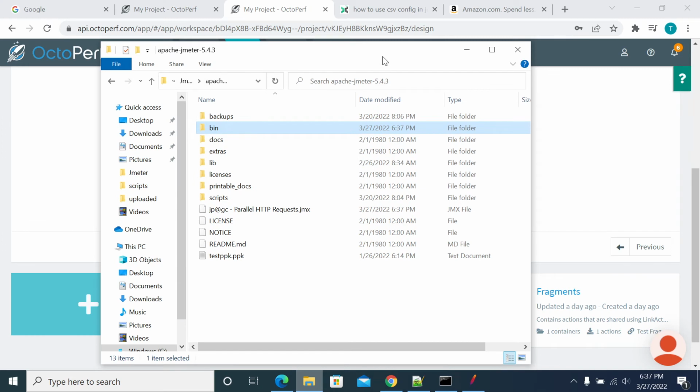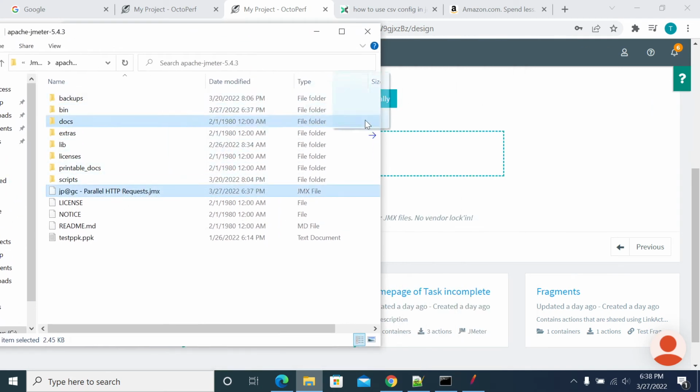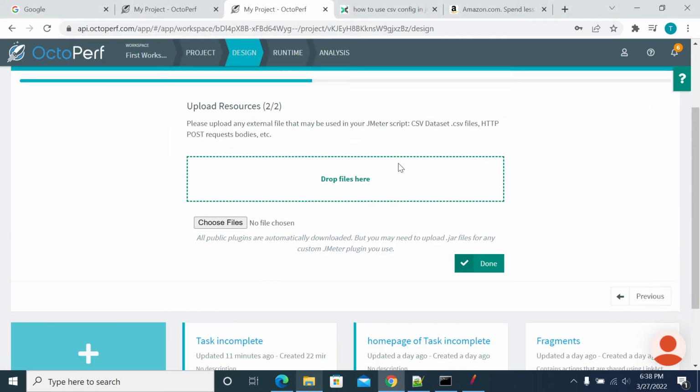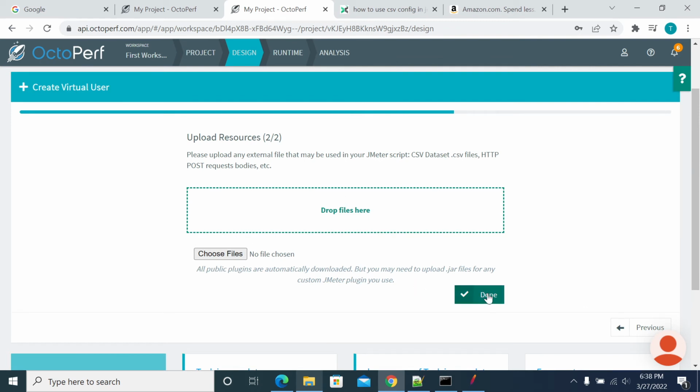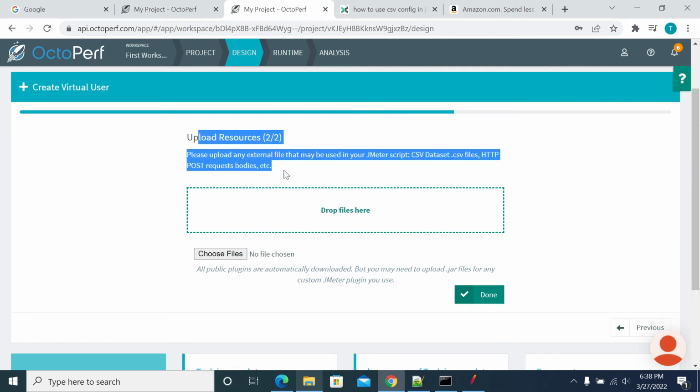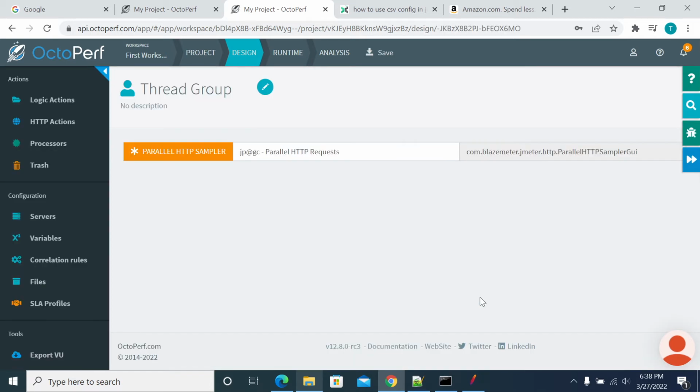I have a request script here, so I'm dragging and dropping it here. It was uploaded, and I don't have any upload resources. We have done that. So now you can see the difference between a normal sampler and this one. You can copy